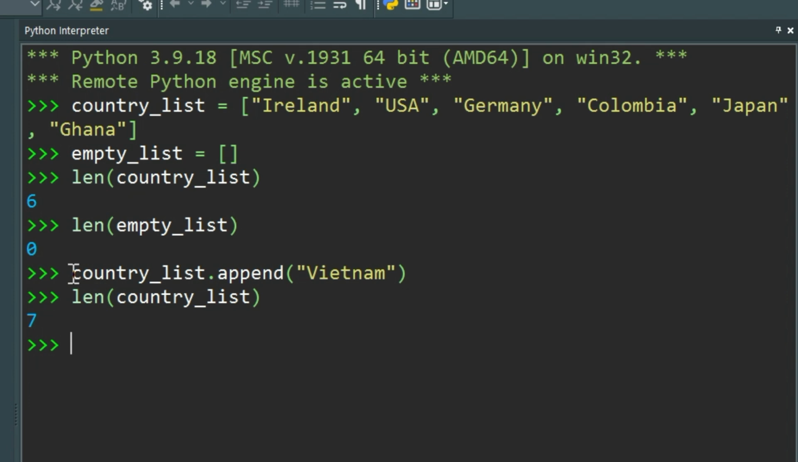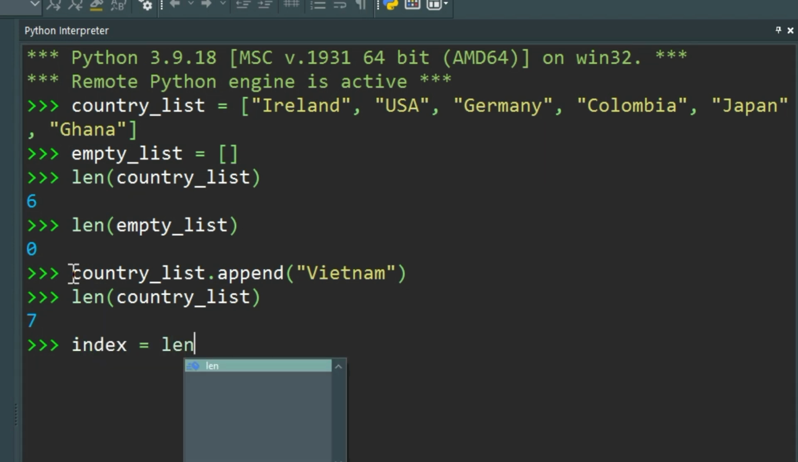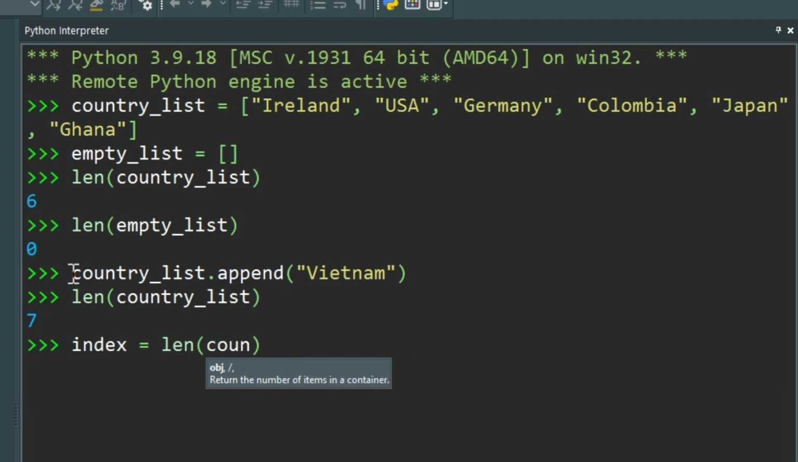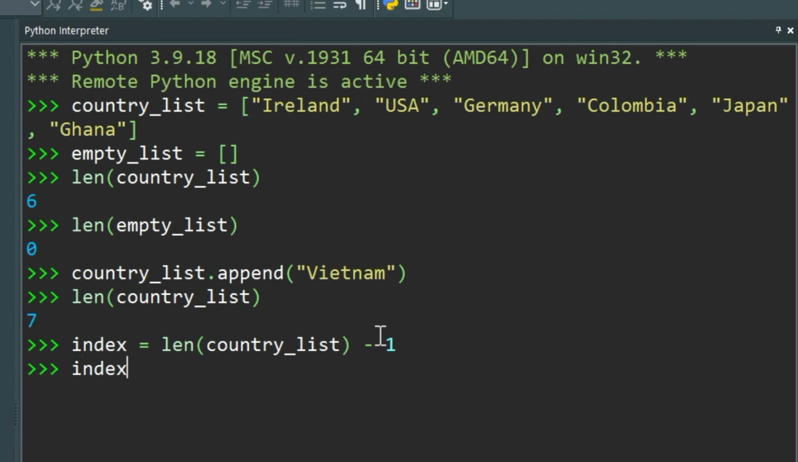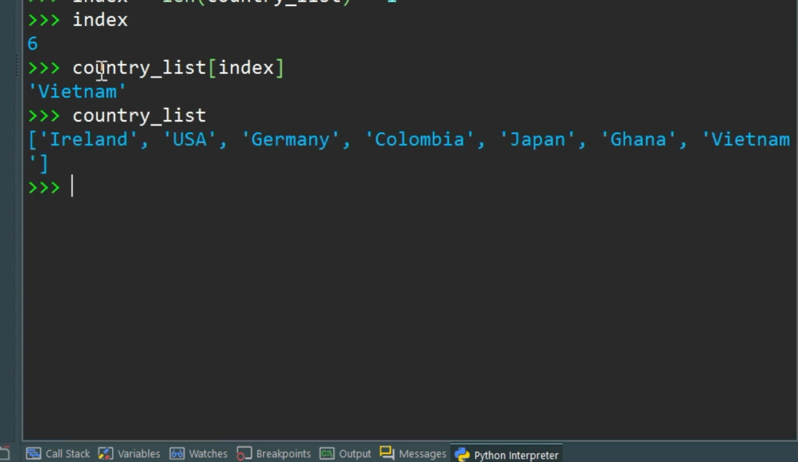You can always access the last element of a list by using the length of the list minus 1. We'll create a variable called index, and we'll set this to equal the length of our country list, and then we say minus 1. We'll check out index, and that is 6. We can then use our index to get the last element of our list. And we can see we are returned Vietnam, which if we print out our country list, we can see is